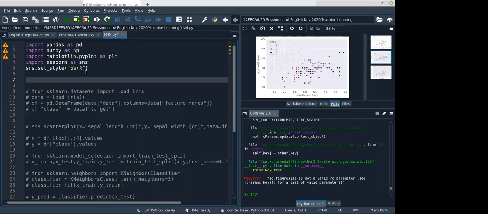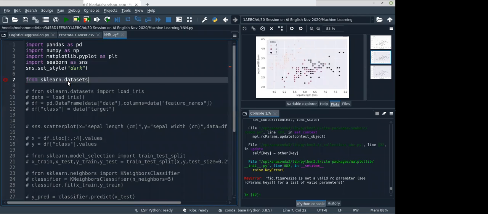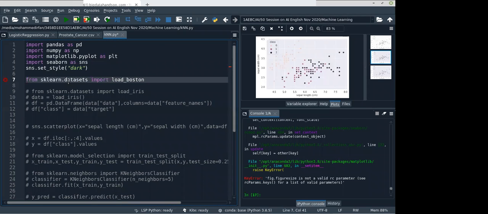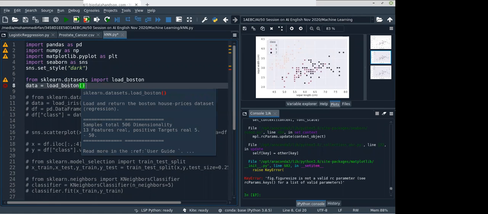Inside sklearn we also have data for regression, that is the Boston house price prediction data. Load Boston, yeah, here, load Boston. So that's the Boston housing data. You want to predict the house price based on the given features.